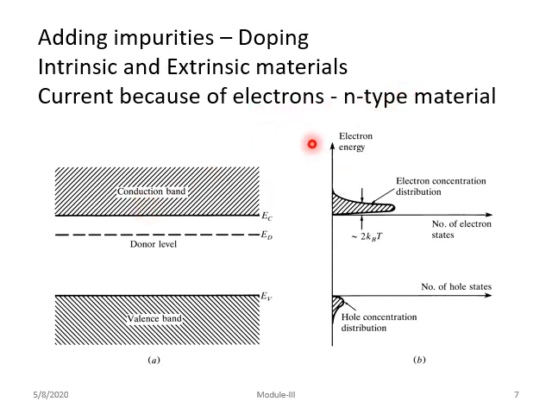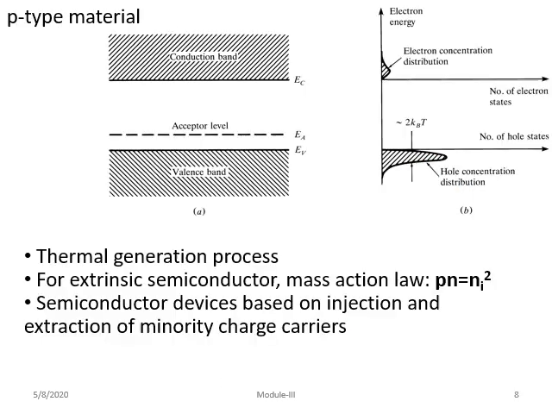So if I say n-type material, the majority charge carrier is the electron, so electrons are more numerous, and the donor level is closer to the conduction band than to the valence band. The valence band has a very low hole concentration compared to the conduction band's electron concentration. We can define the energy band gap, but since the electron concentration is higher, the charge carrier can flow easily because the electron is the majority charge carrier there.